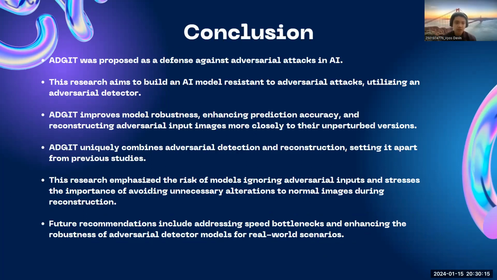So the conclusion is ADGIT was proposed as a defense against adversarial attacks in AI. This research aimed to build an AI model resistant to adversarial attacks utilizing an adversarial detector. ADGIT improves model robustness, enhancing prediction accuracy and reconstructing adversarial input images more closely to their unperturbed versions. ADGIT also uniquely combines adversarial detection and reconstruction, setting it apart from previous studies. This research emphasized the risk of models ignoring adversarial input and stresses the importance of avoiding unnecessary alteration to